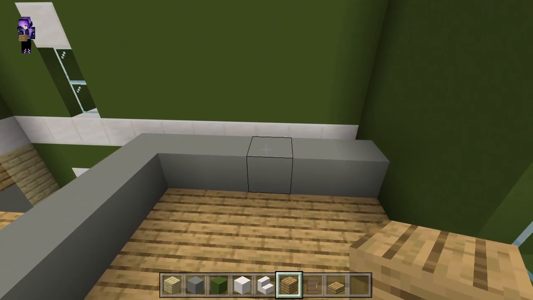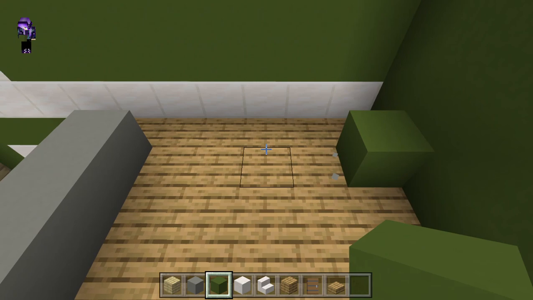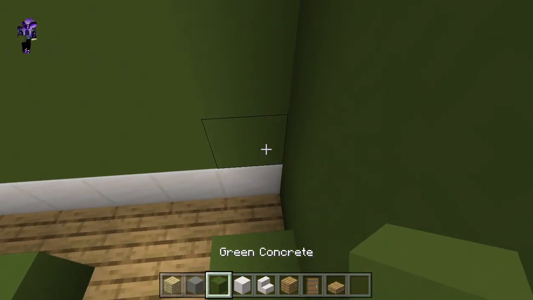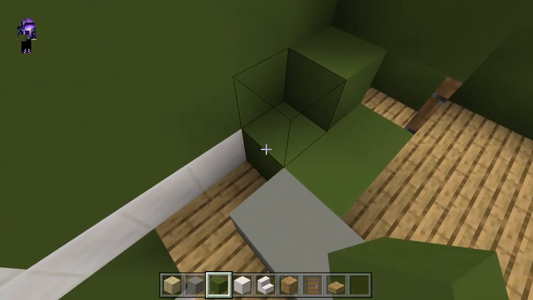Righty then. Oh, I just made this whole wall green to match the house, so it can be whatever color. And then her doors go right here. Boom. And that's the closet right here. Like so. The video is about to end. Okay. See you in